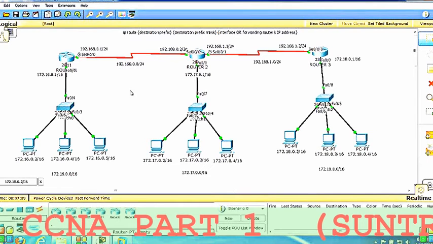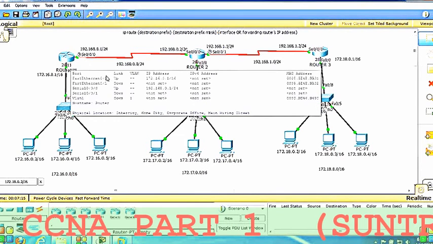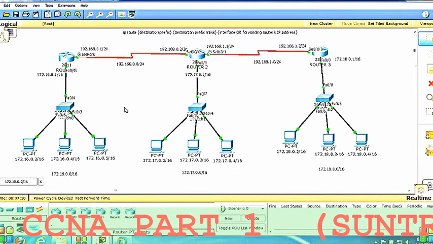We know that all routers know the directly connected routes by default. If we talk about router 2, it knows the directly connected networks, which are 192.168.0.0, 172.17.0.0 and 192.168.1.0.